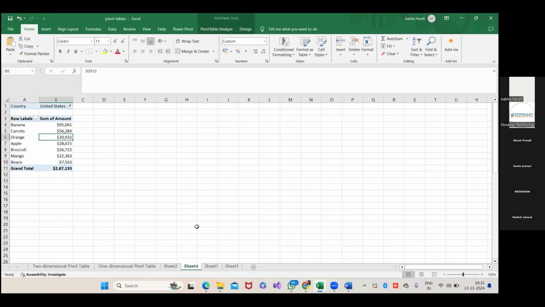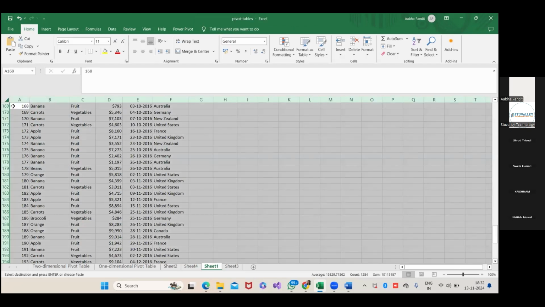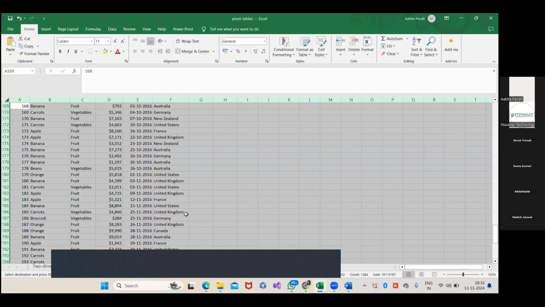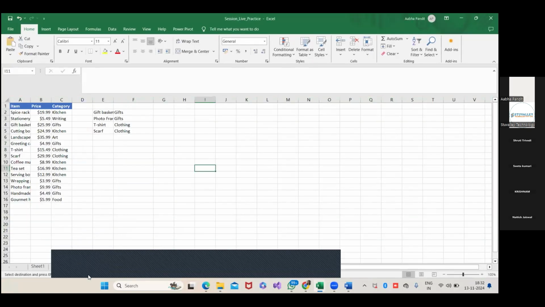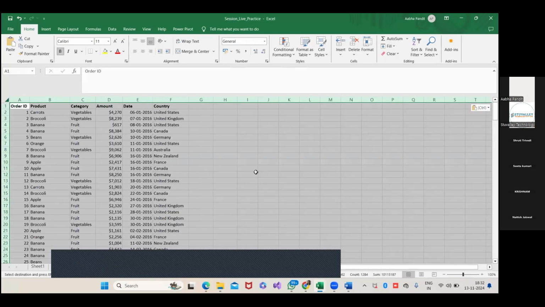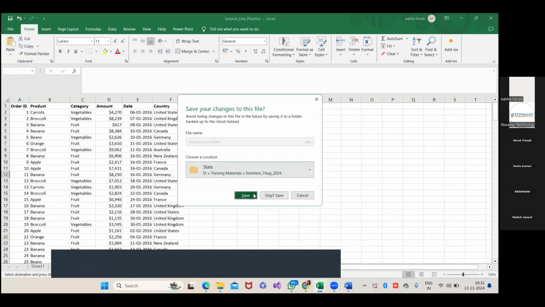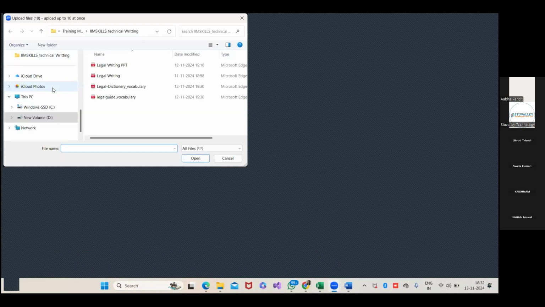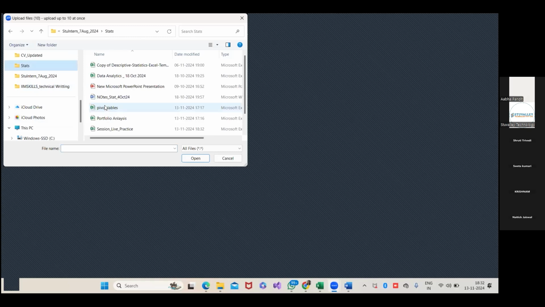Okay. So I'm sharing this Excel sheet with you. I think we already created one Excel sheet, right? I don't remember. Yes, the session live practice sheet was created in the last class, and I'm just pasting this there. I'm saving this again and sharing with you guys. So quickly you can try this. If anyone has any difficulty, they can ask me immediately, so I can help them during the session itself.